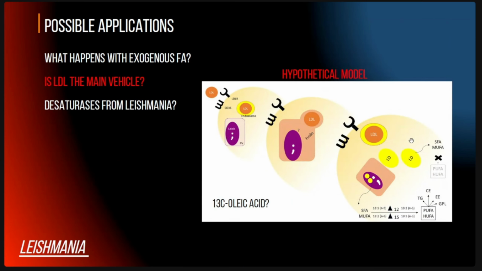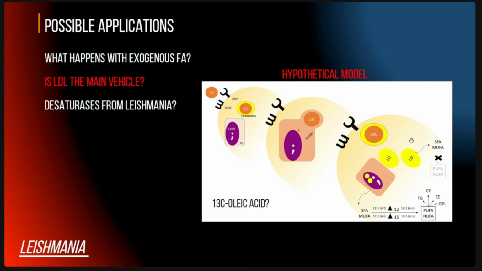And so by reading the literature, we saw that Leishmania has a very specific desaturase that can transform, for instance, oleic acid, which is an 18:1, into 18:2, and this we mammals cannot do. And then you can go further and transform this 18:2, which is a linoleic acid, into 18:3 omega-3. So you can do a bunch of stuff with the Leishmania desaturase machinery.